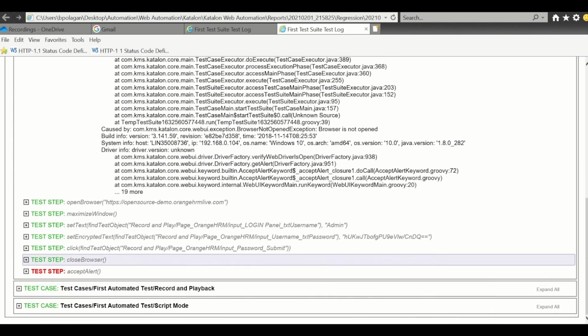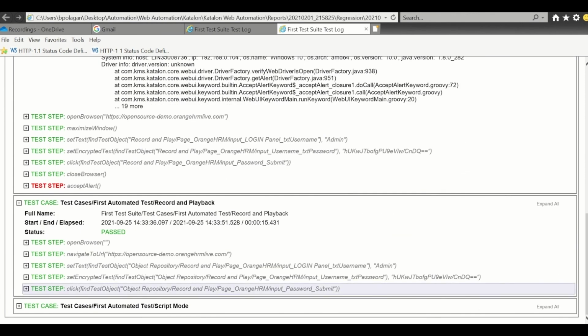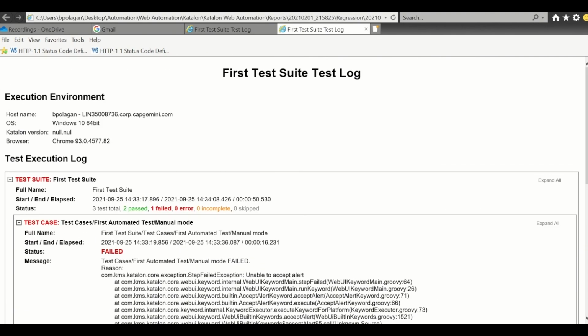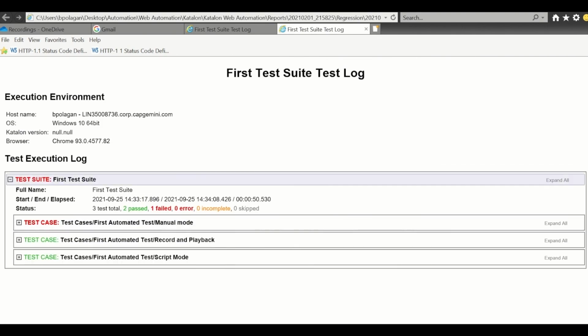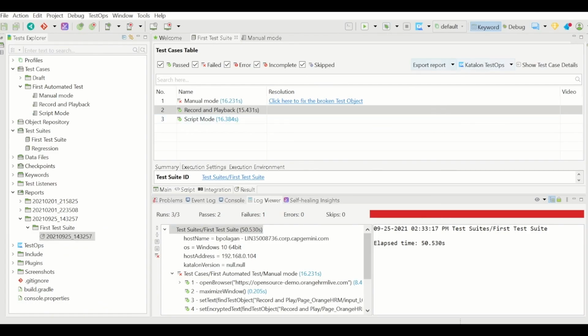All right, so you can see which steps are passed. If the step includes take screenshot also, you can see the screenshot, which we'll discuss later in the course. But for now, this is what it is all about. Here similarly, you can export it as a PDF report as well, and you can view the PDF report also. So that is about the different modes of execution and the reporting in Katalon.